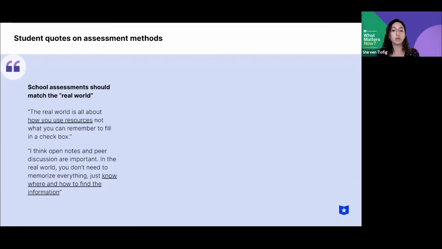So this seemed to be a dominant theme, that there are seemingly 2 schools of thought. One being, school should test your knowledge without additional resources, and the other being this, that in the real world, you're not only allowed, but you're encouraged to use additional resources to solve your problems, and school should mirror that.